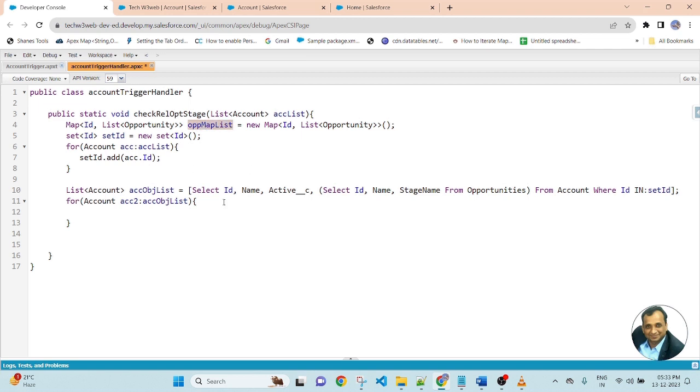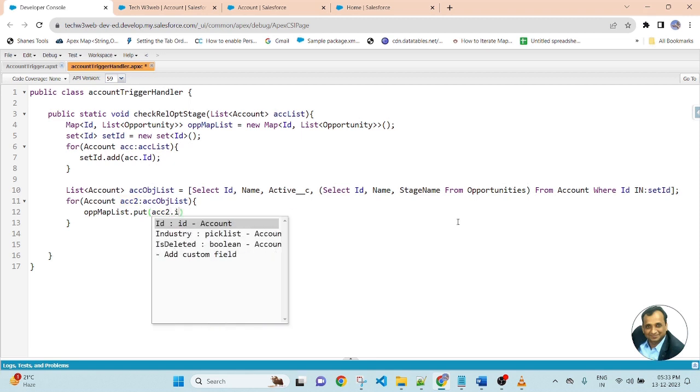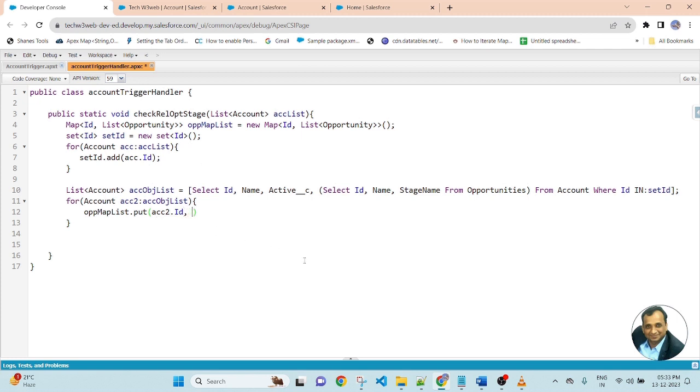Copy opportunity map list dot put account2 dot account ID, that is the ID, comma, and here we will pass the list of the opportunities, because I created the map with ID and list of opportunity. So here I will store the related list of opportunity based on this account ID.